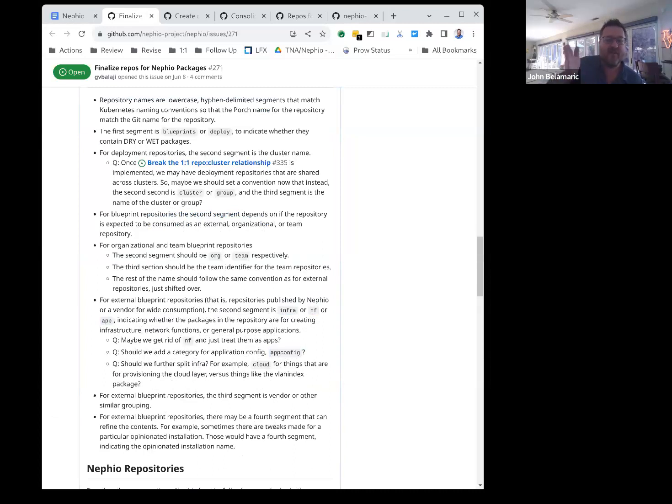So get back to the swim lane. We have an infra swim lane, we have a workload swim lane, and we have a workload config swim lane. And so the packages for each of those swim lanes are actually different, but you may have an orchestration controller that wants to pull things and provision, that wants to pull out an NF or an app, and then the app says, I need this infra, and it needs to pull things out of infra. But the people writing the packages are likely to be different. So the people writing the infra GCP packages are likely to be different than the people writing the app packages